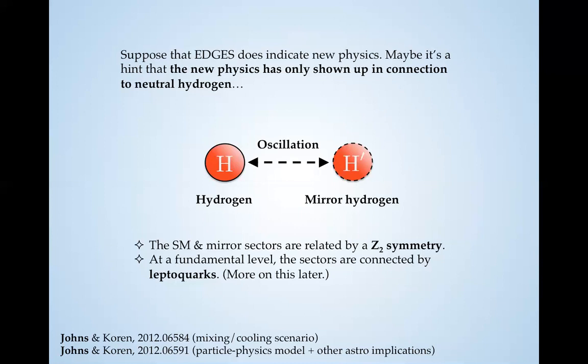So as for the origin of this mixing, one possibility, which I'm going to return to in a few slides, is leptoquarks at perhaps the TeV scale. On being integrated out, these particles leave behind an H–H′ mixing term in the Lagrangian. So there's a lot more to say about other motivations for postulating mirror models and leptoquarks for that matter. But for our purposes, really, we're invoking them because they offer plausible underpinnings for hydrogen oscillations. And mainly what I'll be focusing on is the dynamics of mixing.